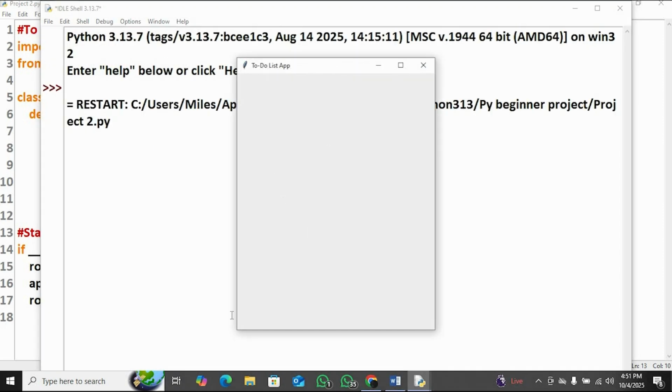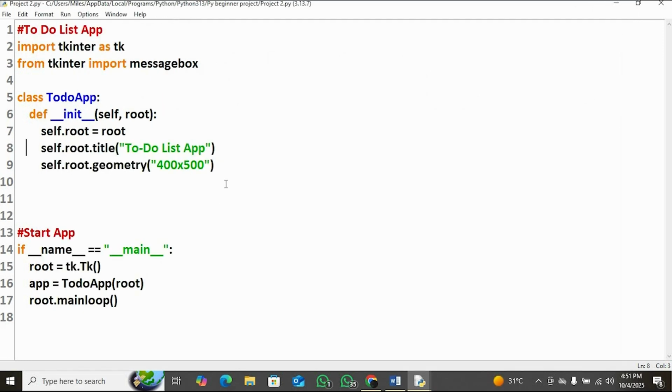So here it is. We have this line here, which is the horizontal axis at 400 in size, and this vertical axis at 500. So this is the size of our to-do app. Back to the code, and the next step we want to do is add